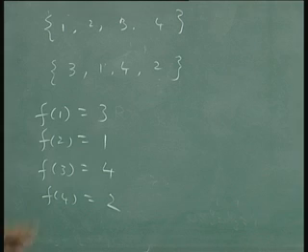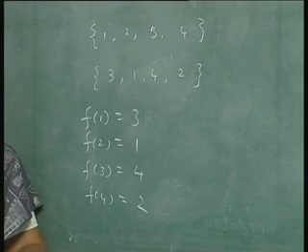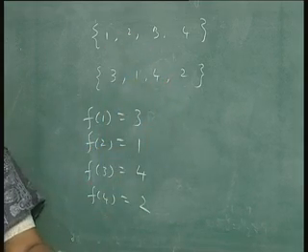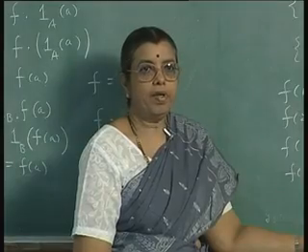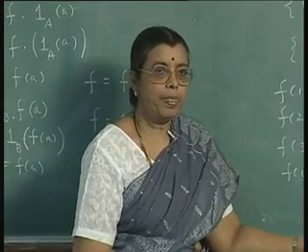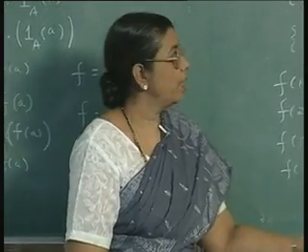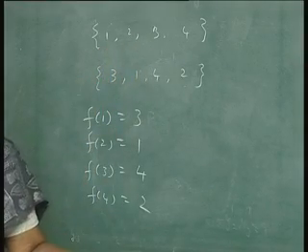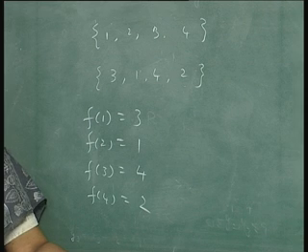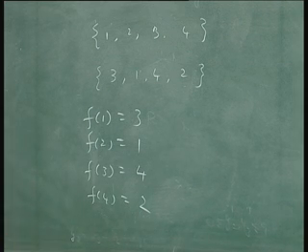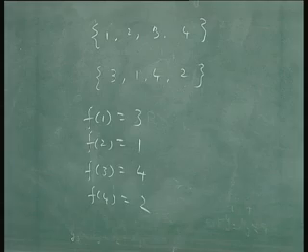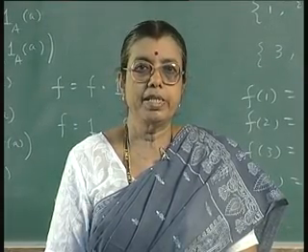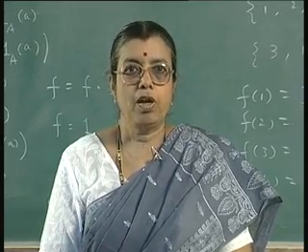You find that different elements are mapped onto different elements. So, it is injective, and every element here occurs as the image of something or the other. So, it is also surjective. Since it is both injective and surjective, it is bijective. So, a permutation is a rearrangement of these integers, and because it satisfies both conditions of injectivity and surjectivity, it is a bijective function. Now, you can have composition of permutations, that will also be bijective. Each permutation is a bijection, so the composition of bijective functions will also be bijective.